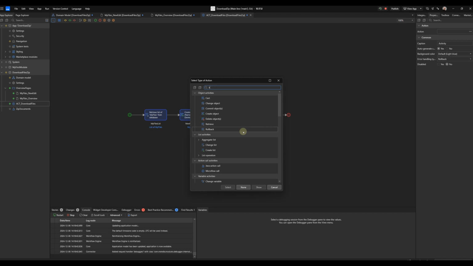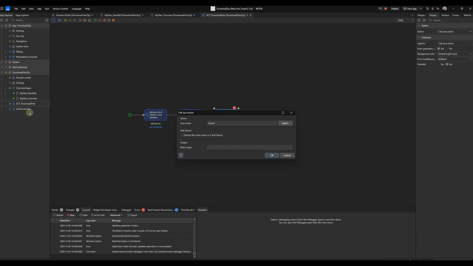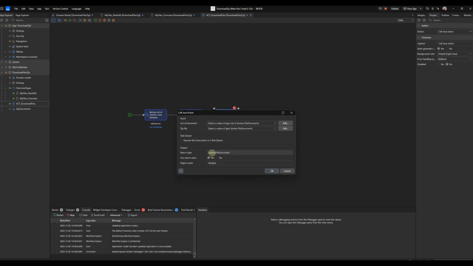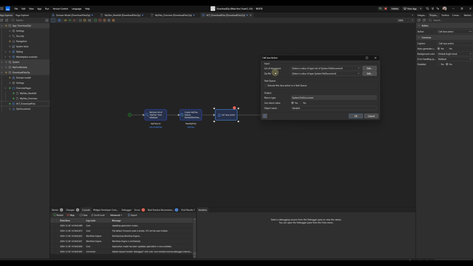Now call Java action, and we will call this Java action. Here is the list of documents which I want to download, and this is the zip file. For the object name variable, zip file will be enough for me.